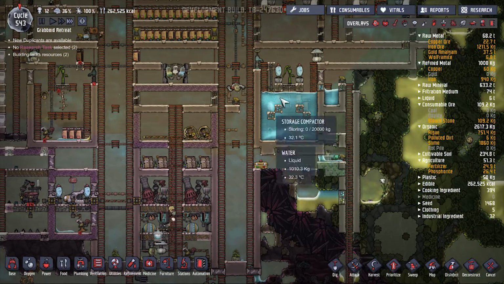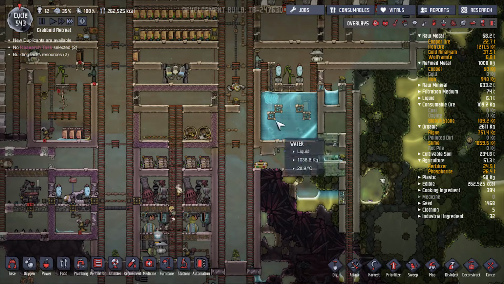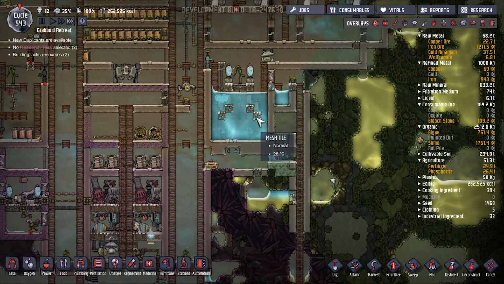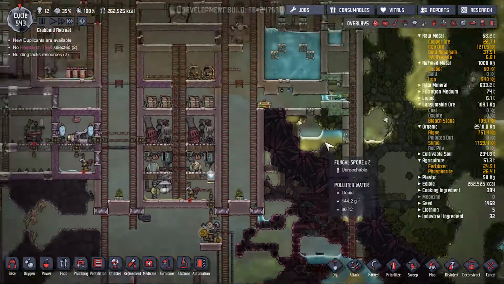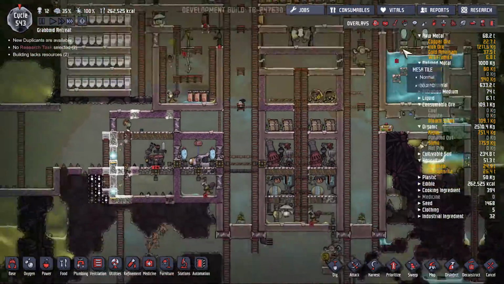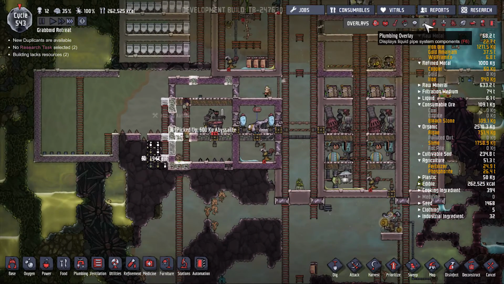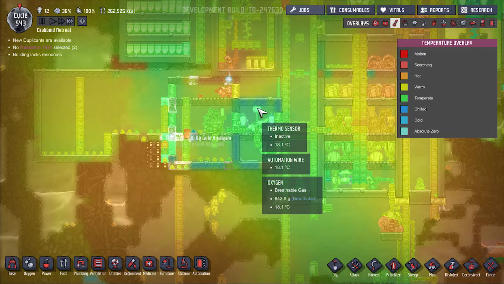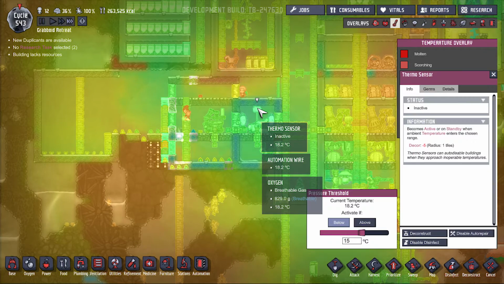It seems like whenever the ice melts in this area here, it causes the base to cool down. Which is good, because we need it to be cooled down. But at the same time... oh wow, that thermal switch, I would have thought that would have gotten down to 15 degrees by now, because...